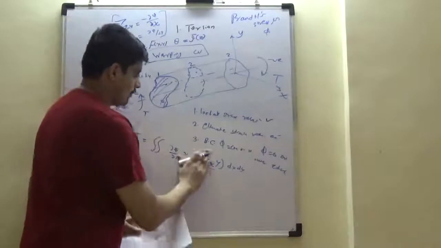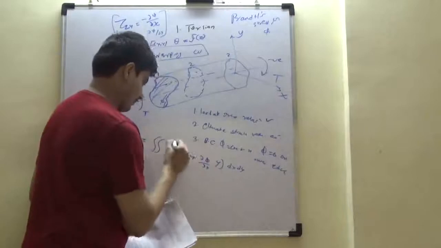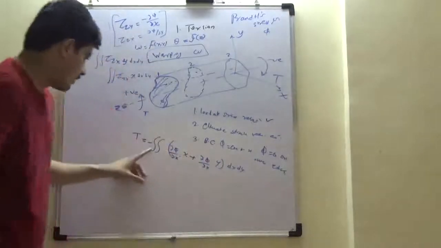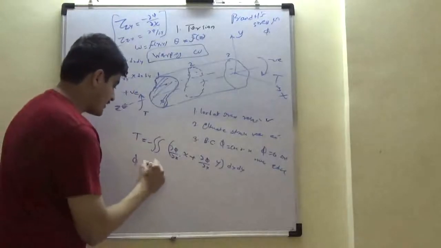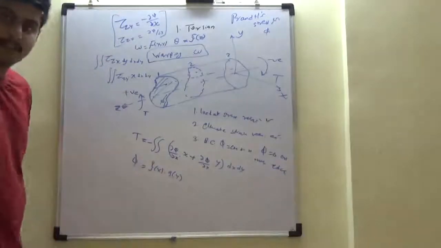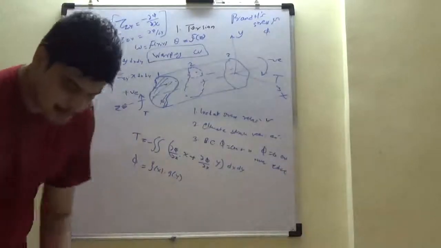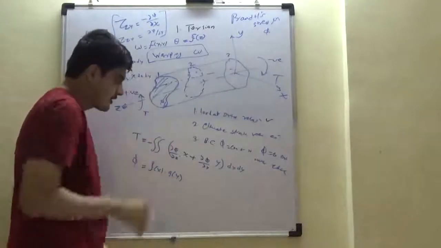Tau zx is del phi by del y, so the minus sign can come out, right? This is an extremely beautiful analogy. Now let us say phi is some function of fx into gy. Anything can be represented like this. First, let us take some specific example from mathematics, and this is a very subtle argument, so please pay careful